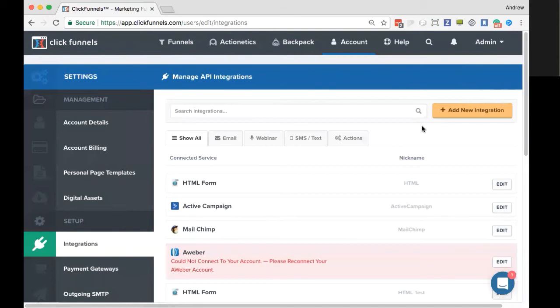Glenn, did you have any feedback you wanted to share about Webinar Ninja? Zapier actually does have a Zap for Webinar Ninja. It is in beta right now, so I'm not sure of the full functionality of it, but like I said, it is in beta, so that's something worth exploring.